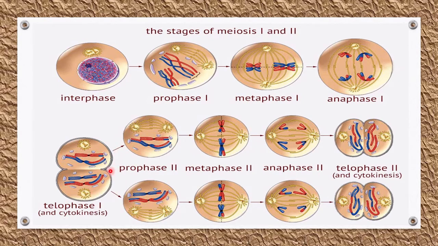After that meiosis 2 will start, and it will be initiated with prophase 2, then metaphase 2 will follow, then anaphase 2, and finally it will be followed by telophase 2. In this way, by using these 8 stages, the meiosis process will be completed.